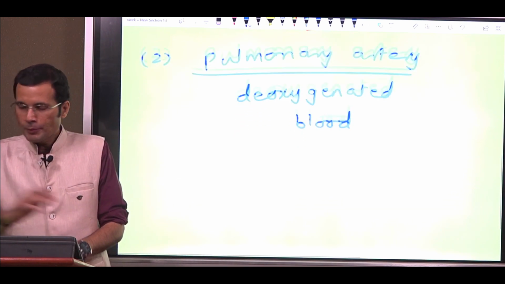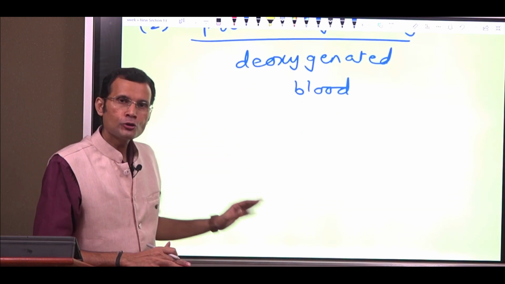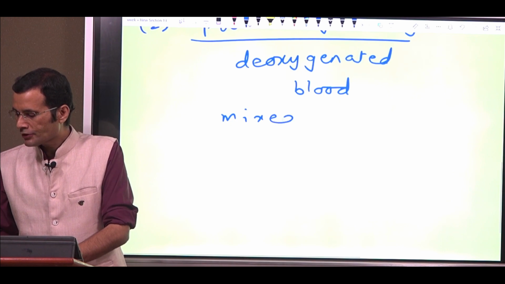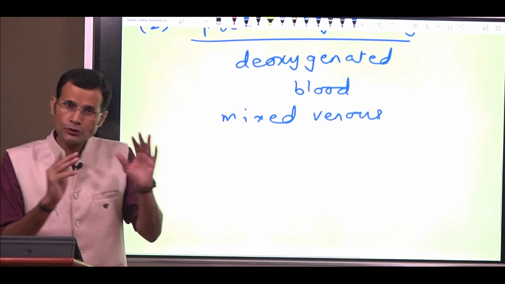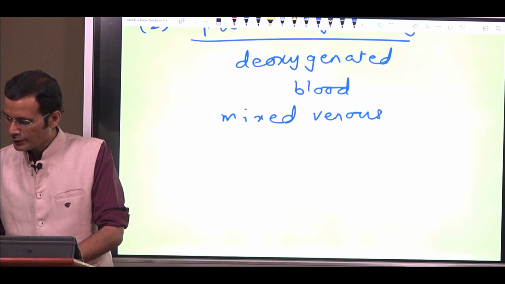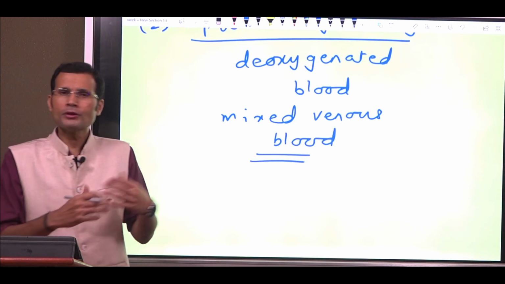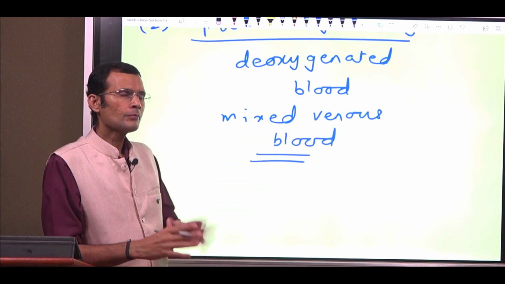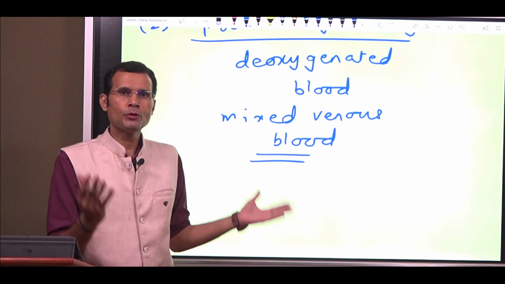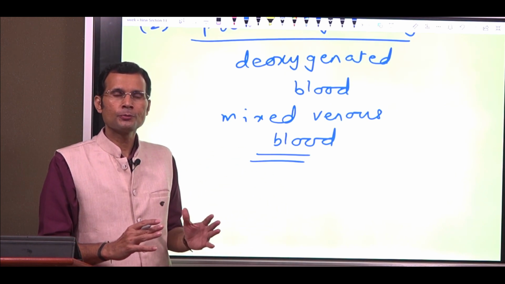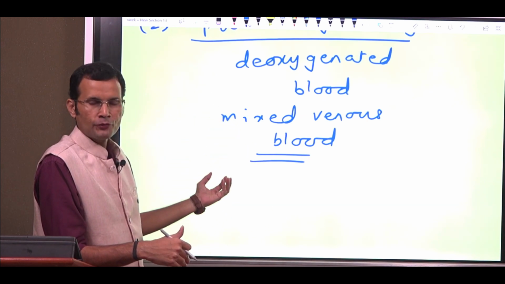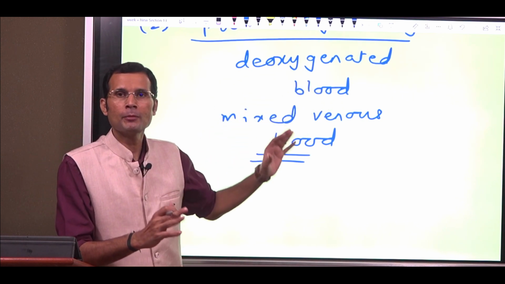Well, this pulmonary artery blood is also called, and I want to explain this term, mixed venous blood. The deoxygenated blood is also being called, of course it's a venous blood, but it's called mixed venous blood. So what's with this mixed venous blood? Look, we are talking about the venous blood from all over the body, from various organs and tissues, finally draining into the superior and inferior vena cava and then coming to the right side of the heart, and the right ventricle pumping it into the pulmonary artery, right?